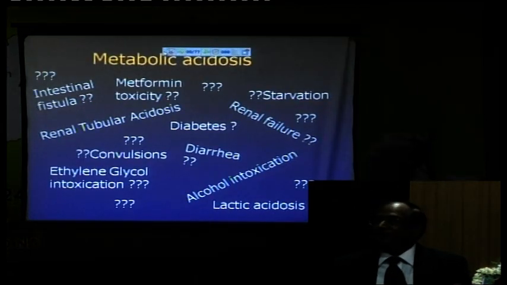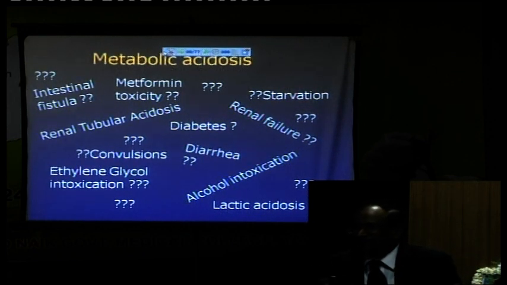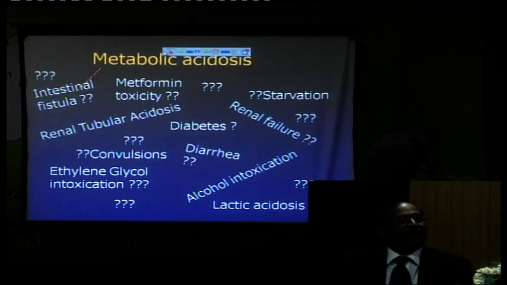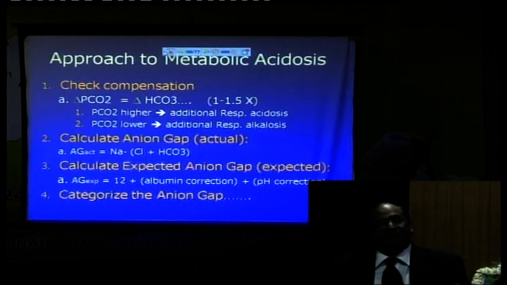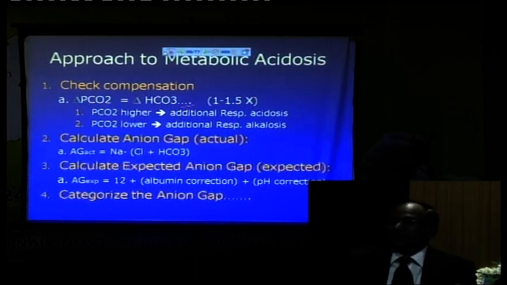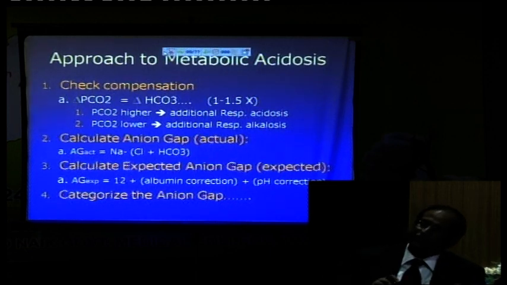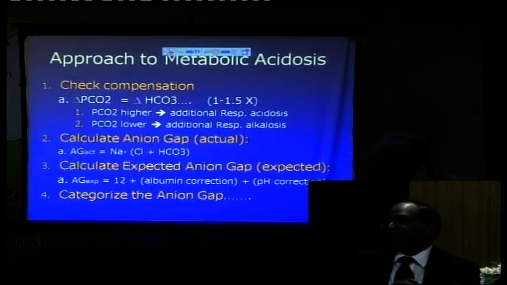Now, once you have picked up a metabolic acidosis, it's not enough unless you can find how it affects my patient's management or diagnosis, and the various causes of which you should pick up what is the cause. And the way to do this is, whenever you have metabolic acidosis, bicarbonate is low, look at whether the CO2 is appropriately in its compensation. And the way to do this is,